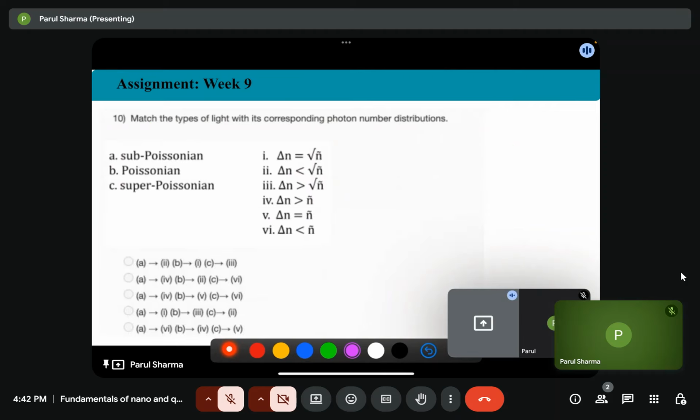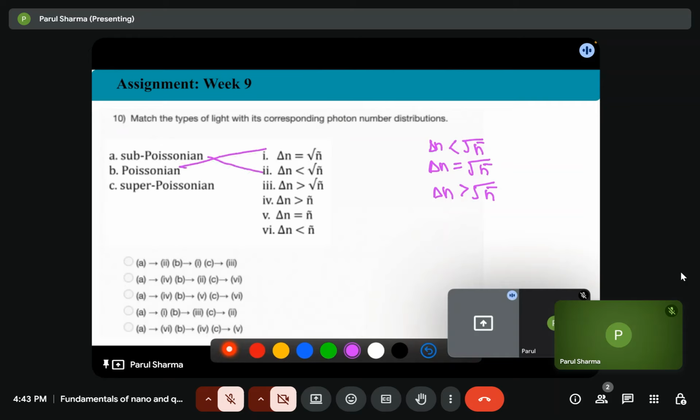Now match the types of light with its corresponding photon number distribution: Sub-Poissonian, Poissonian, and super Poissonian. So we know that for sub-Poissonian, delta n is lesser than n bar, the mean value. For Poissonian, delta n equals root of mean value, and for super Poissonian, delta n is greater than root n bar. So which option is this? A will match to second,